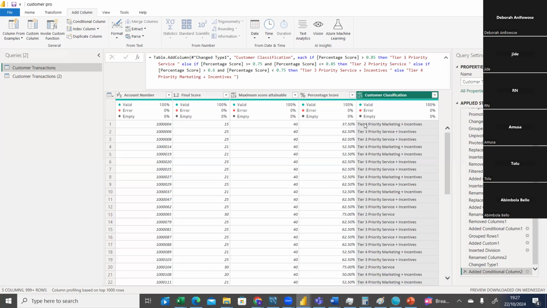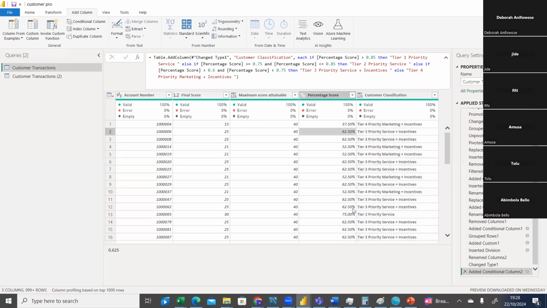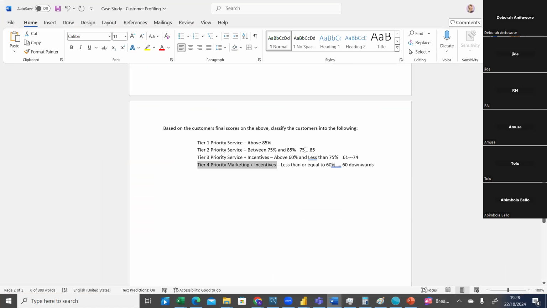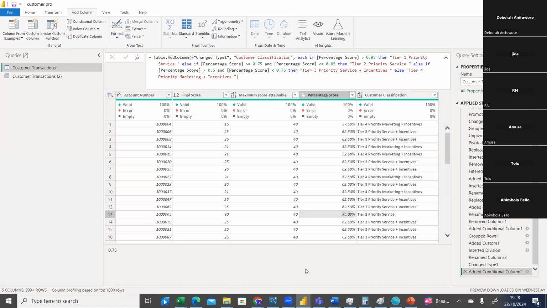37% is tier 4. That is anything less than 60. Anything 60 downward, 60 and below. This is tier 3, from 60 to 74. You can see 75 itself is tier 2. So going by our condition, 75 is meant to be tier 2. You can see from 75 to 85 is tier 2. So with this, we can